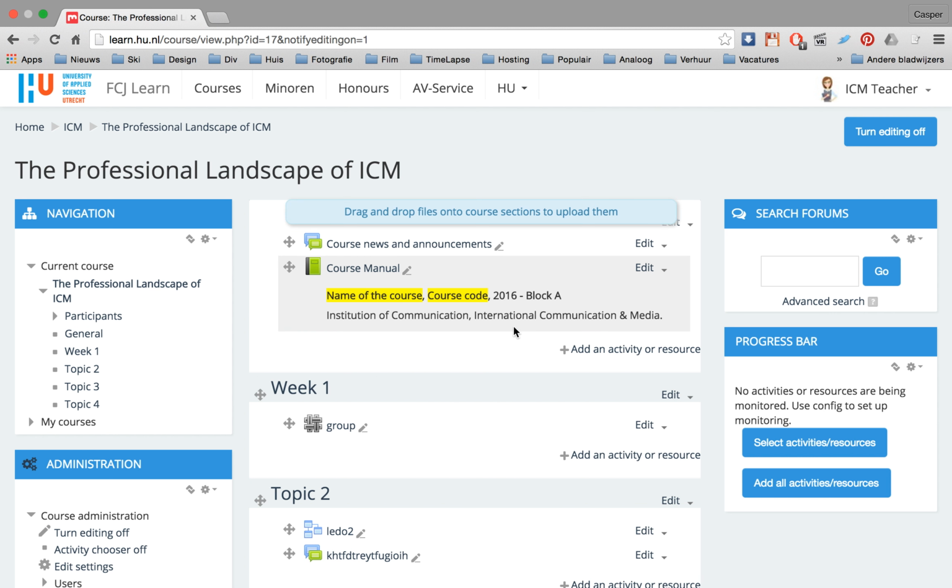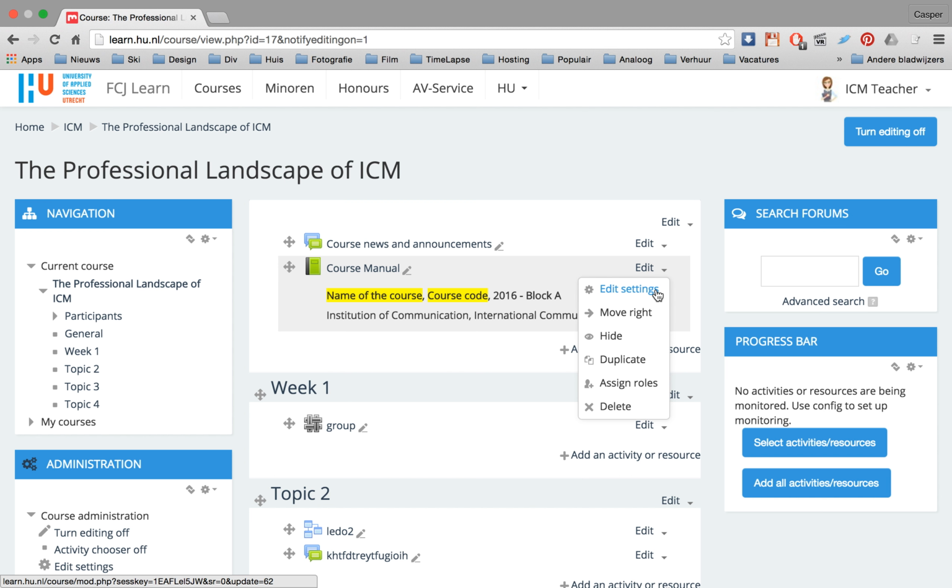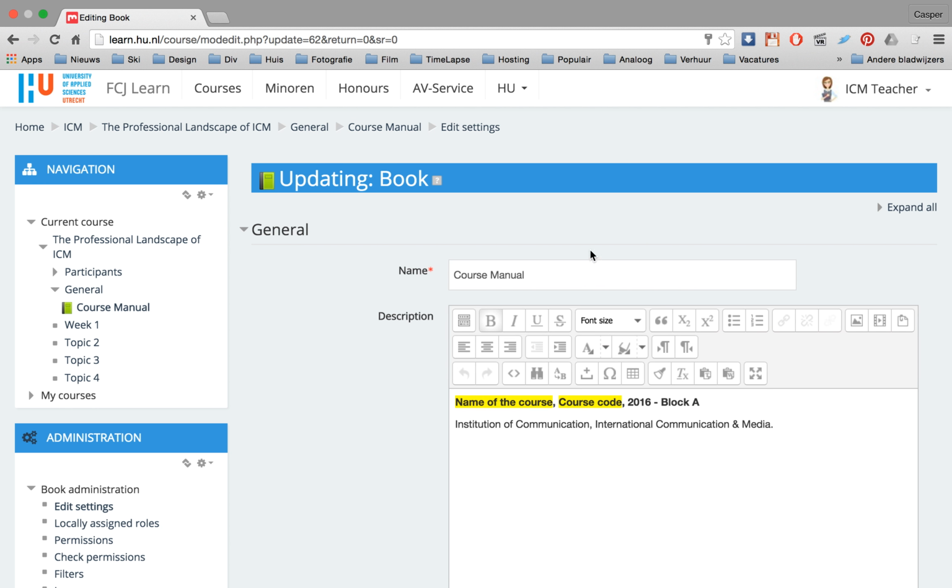And then I can go to course manual, edit settings, and here in description I can change now the name of the course to the professional landscape of ICM, and a course code. I don't know the course code, so I'll use this one, and I don't want them highlighted yellow, so I